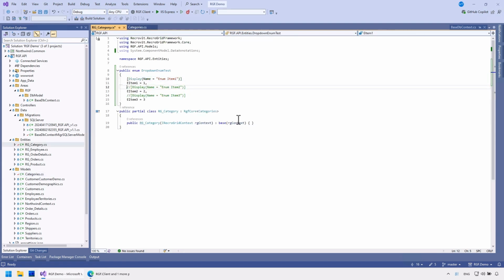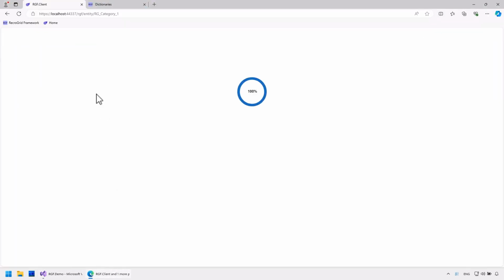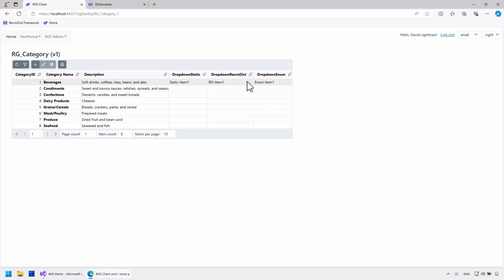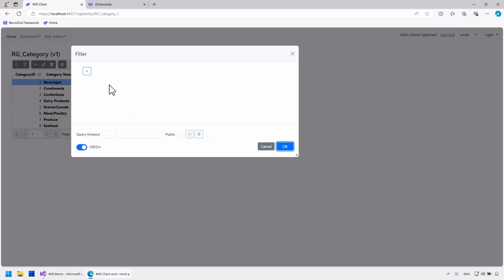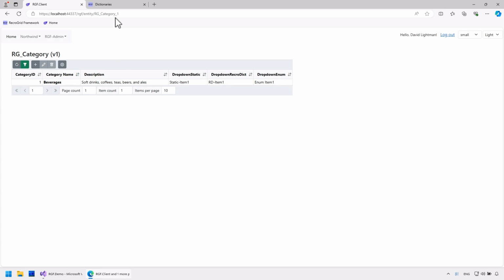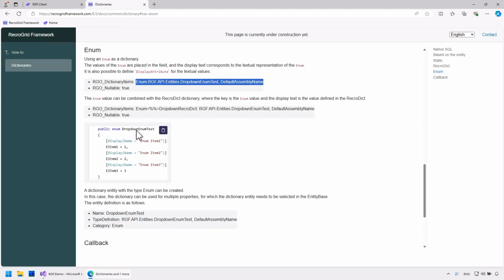You can also specify a display attribute for the elements, which RGF will use for display. This will appear in the grid, form, and filter. Similar to NSQL, the enum dictionary can also be specified at the entity level if we want to use it for multiple properties.